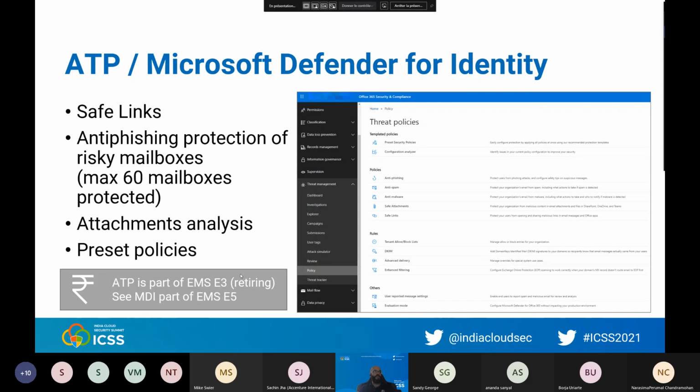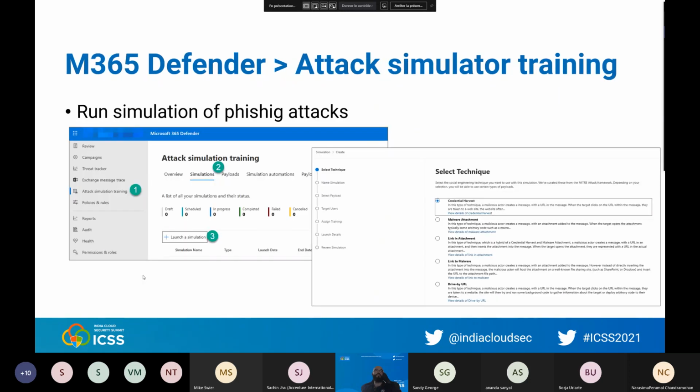Okay, but if you want something like that, before you needed ATP, which is now retiring, and you now need Microsoft Defender for Identity, which is part of EMS E5 or Microsoft 365 E5. Okay, so it's quite expensive, this one, but it will add all those features you see right now. And it's important to avoid phishing.